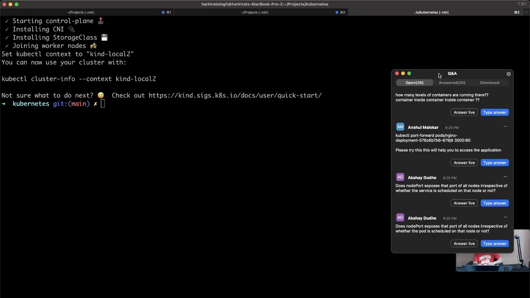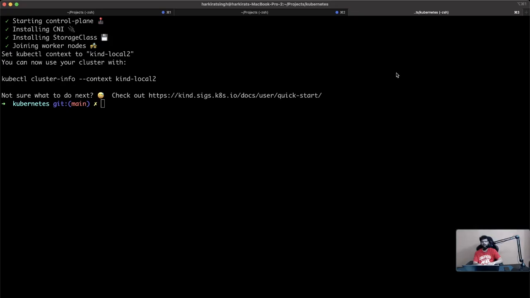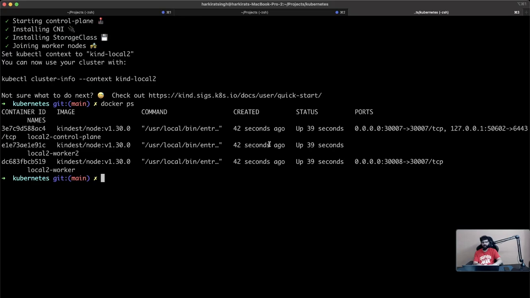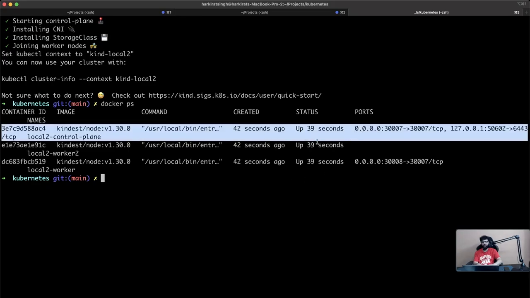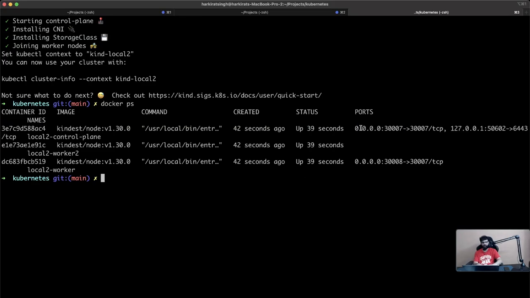Does node port expose that service? Yes, it exposes it on all nodes, including the master node, everywhere. Doesn't matter where you visit it from, the request will reach the final place. If I do a docker ps, it tells me the first container has this port mapping added. So as long as there is something running on the container on this port, our machine can go to it on 3000. And similarly, if I go to my machine colon 30008, it will go to the specific worker node